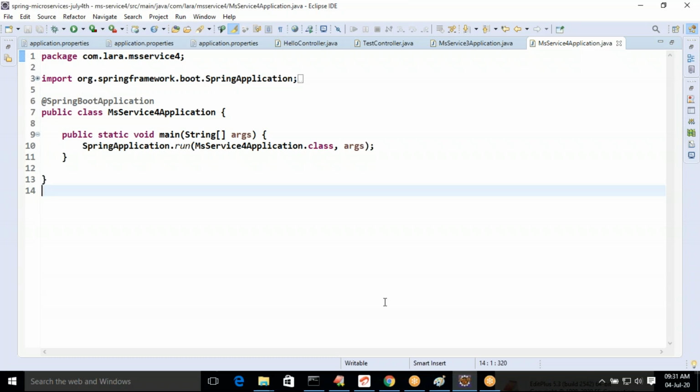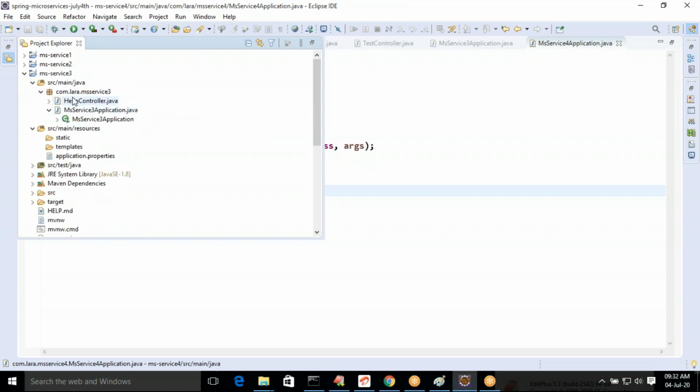Feign Client is mainly for addressing limitations of REST template. Whatever limitations you have seen in case of REST template while giving a call to one service from another service, the same is addressed through Feign Client.